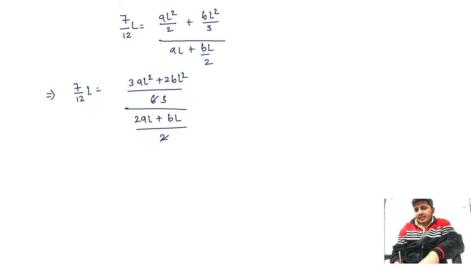This would be cancelled and it would be 3. Further solving, 7 by 12 L equals 3aL square plus 2bL square divided by 3 multiplied by this term, that would be 6aL plus